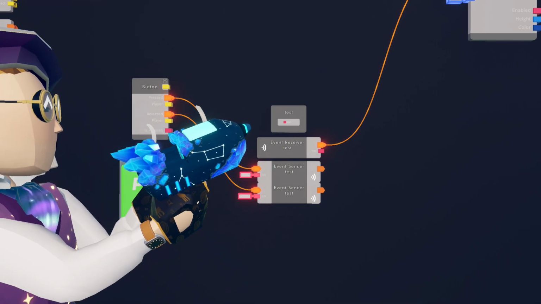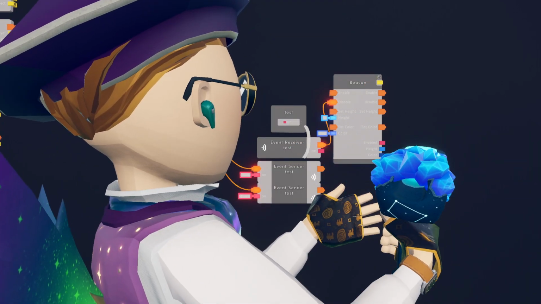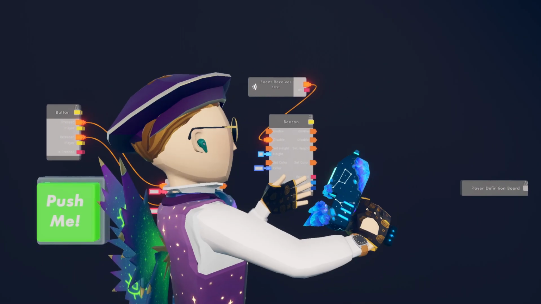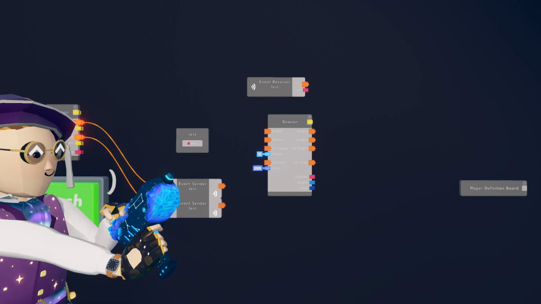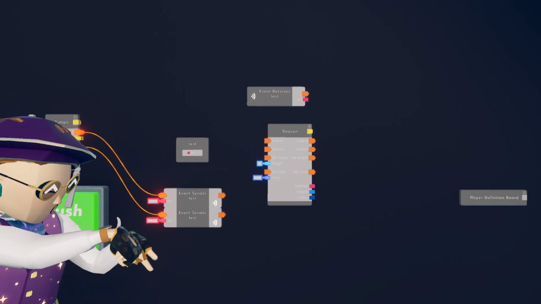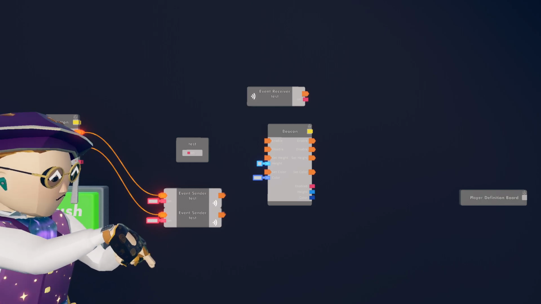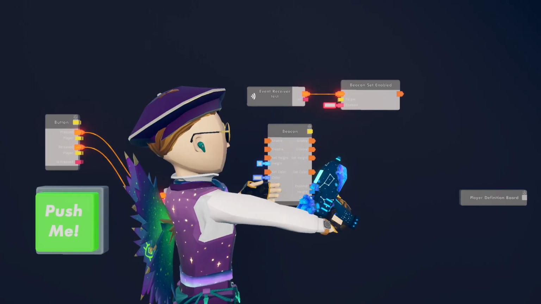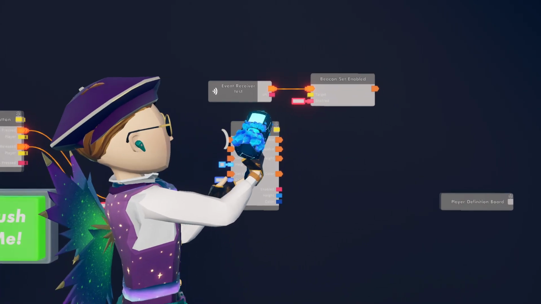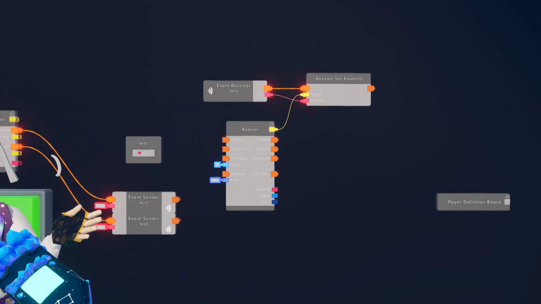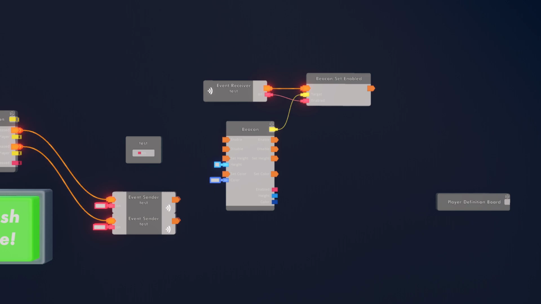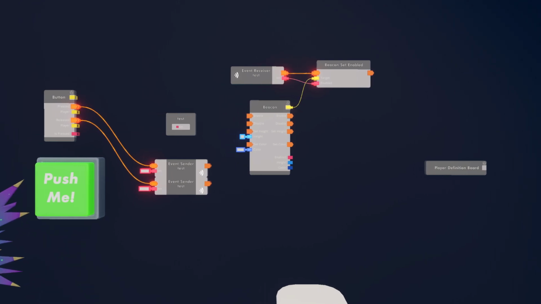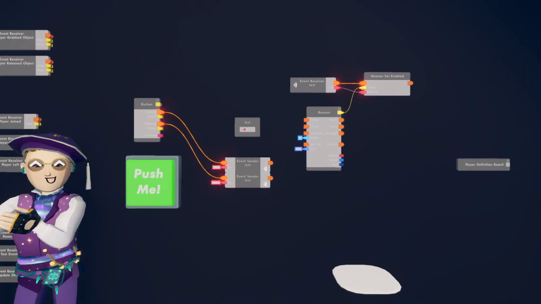So now on the receiving end, let me place this over here. I'm going to grab a beacon set enabled chip, which is already inside of a beacon, but remember it's its own chip as well. So beacon set enabled, just like that. And now I'll connect this to on, and I'll set the target to this beacon. So now, when I press this button, it turns on the beacon, and when I release it, it turns off. Does everyone understand why that works?